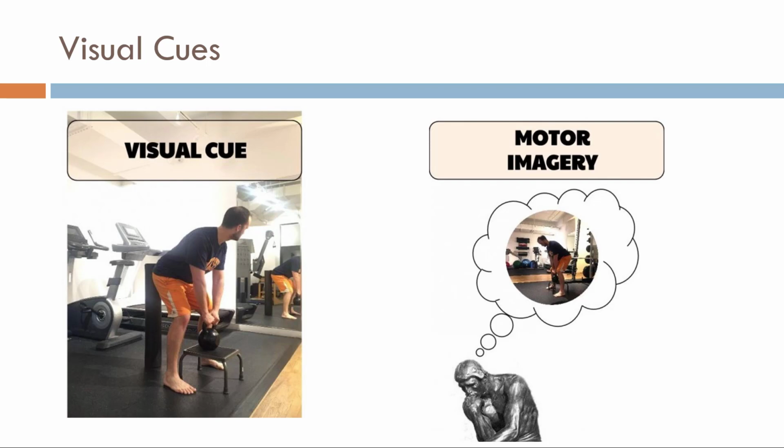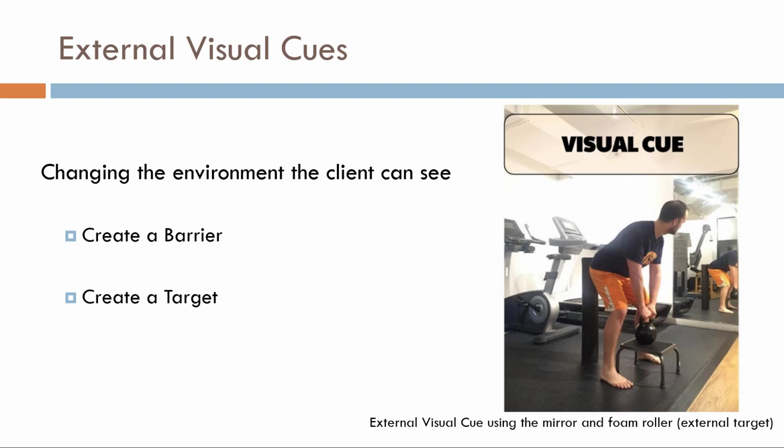Then it gets into this realm of the internal cue, which is actually part of a learning process, but this mental rehearsal of the movement or mental practice. So there's quite a bit that can happen in the internal component. The two biggest things that you'll do with the external environment is simply change something in the environment that the